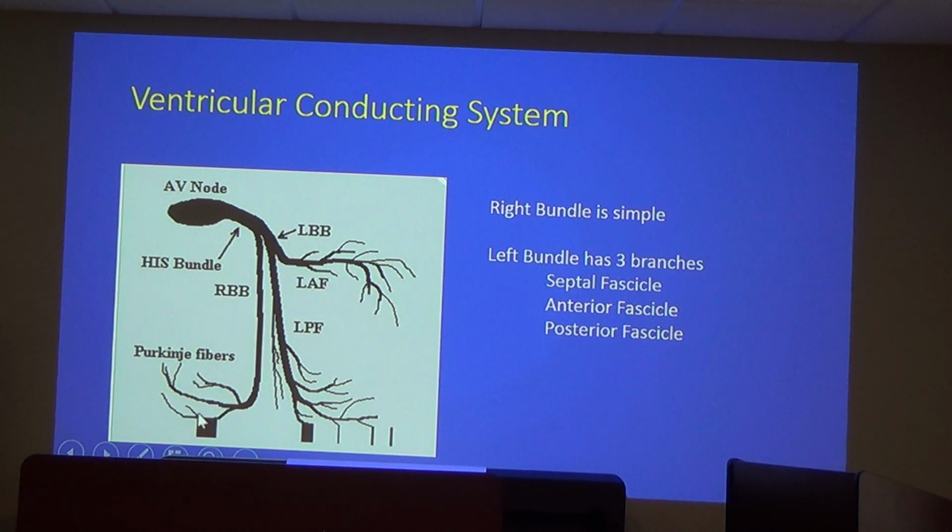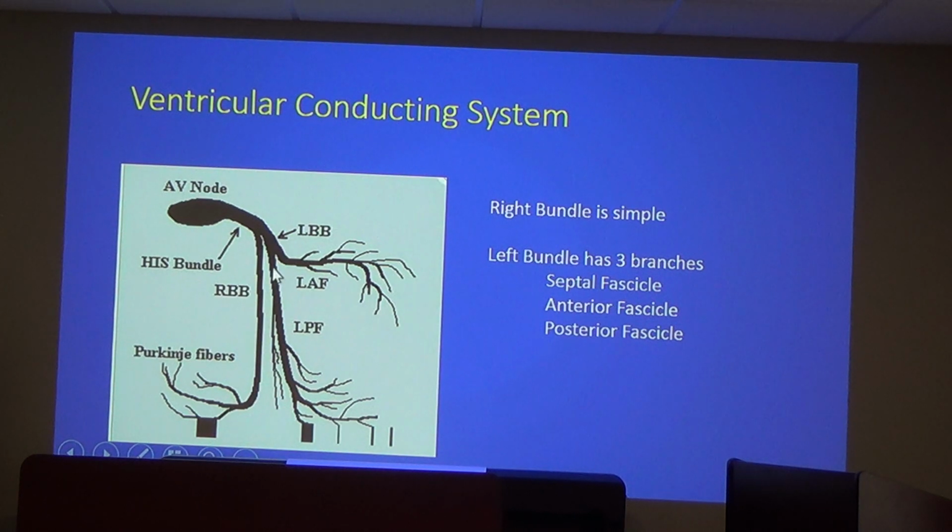And that's where it actually makes real contact with the muscle cells. And likewise on the left side, it does split. We'll get into a little bit with the anterior and the posterior fascicle. But it goes down these big bundle branches pretty much instantaneously, and then out to the fascicles here, the Purkinje fibers. What happens in a bundle branch block is if it was right bundle, you have either no conduction or very slow conduction relative to the left bundle branch